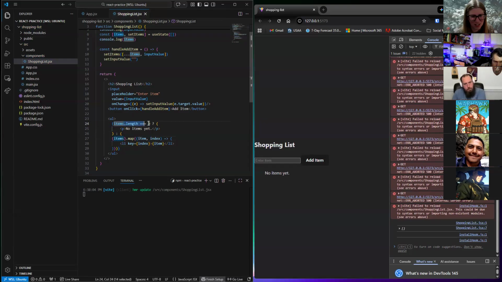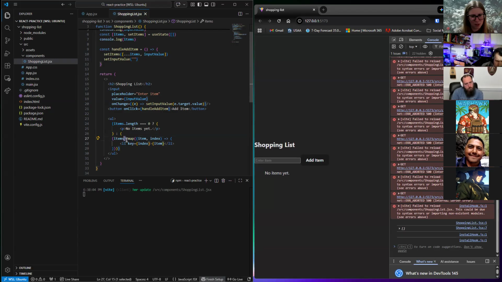And then our ternary is going to do this condition check first. And if this is the case, it's going to do this within parentheses, which we've just said, throw this paragraph tag up there with no items yet in our shopping list. Once we start adding items and this is not true anymore, then it's going to evaluate to the next parentheses, which is going to be this items list,